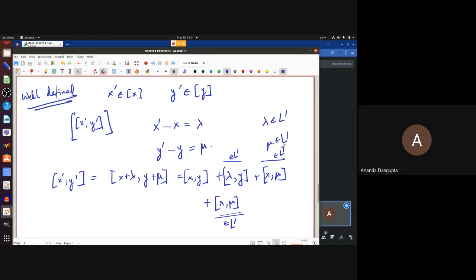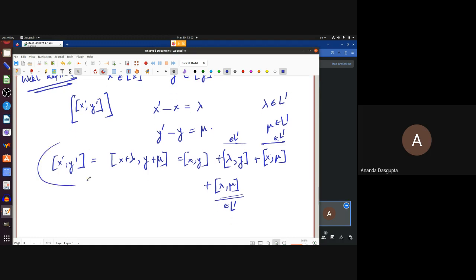If L prime had not been an invariant subalgebra, but just a subalgebra, then all that is guaranteed is that L prime is closed under brackets, which means take two elements from L prime, you get an element of L prime. But here, each of these three brackets are elements of L prime. The last one simply because L prime is a subalgebra. The other two because L prime is an invariant subalgebra. So if any one element of the bracket is in L prime, the bracket's result is in L prime. Of course, each of these three are in L prime, so their sum is in L prime. So you can see that this bracket and this one differ by an element of L prime,